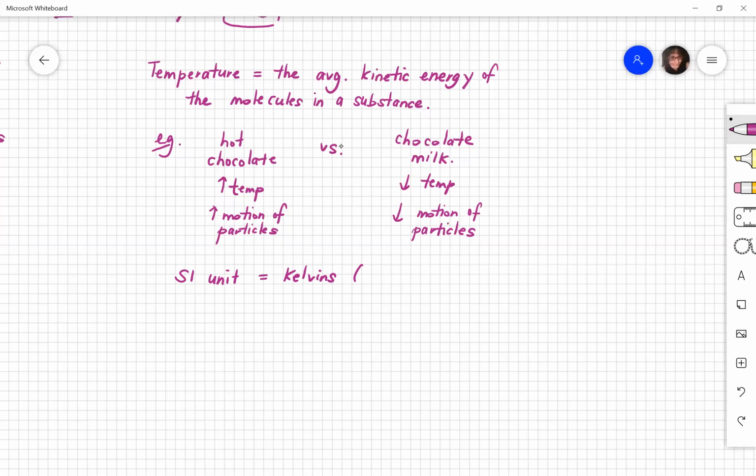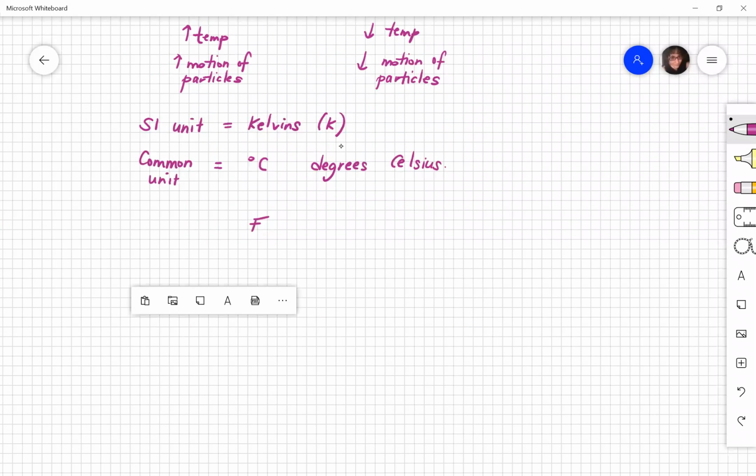Based off of absolute zero, capital K. And then the common unit or equivalent unit, we use degrees Celsius. There's also Fahrenheit that you may have come across. And if you are not using the metric scale, you can convert between Celsius and Fahrenheit using these formulas right here. So if you need it in degrees Fahrenheit, you're going to take the Celsius temperature,